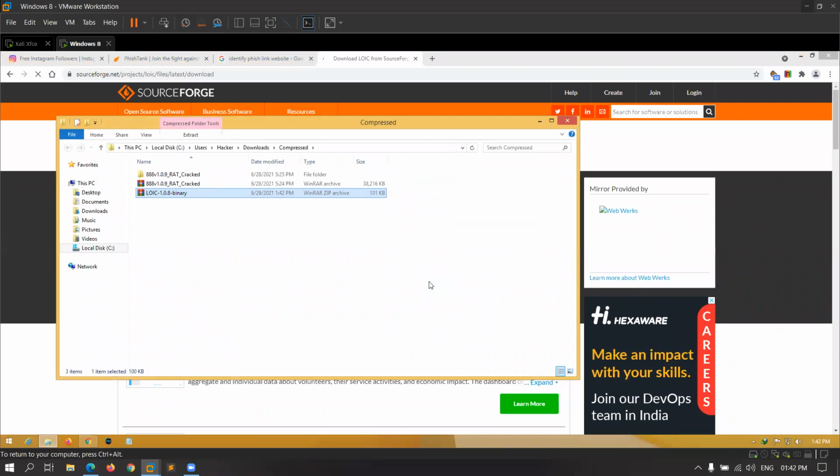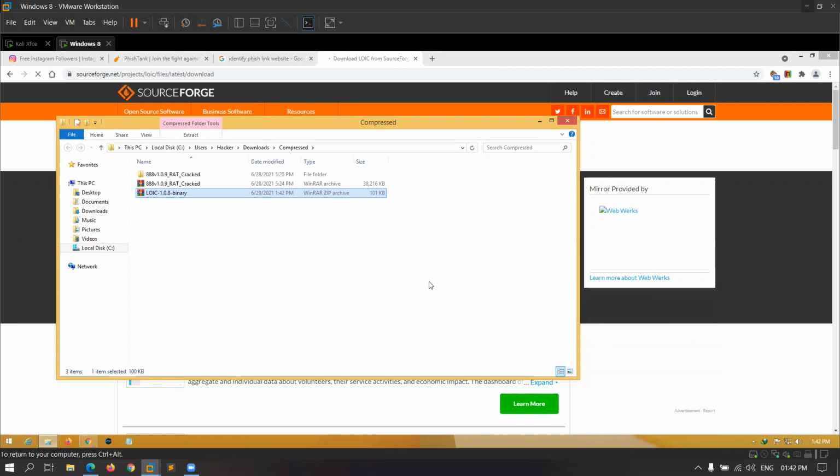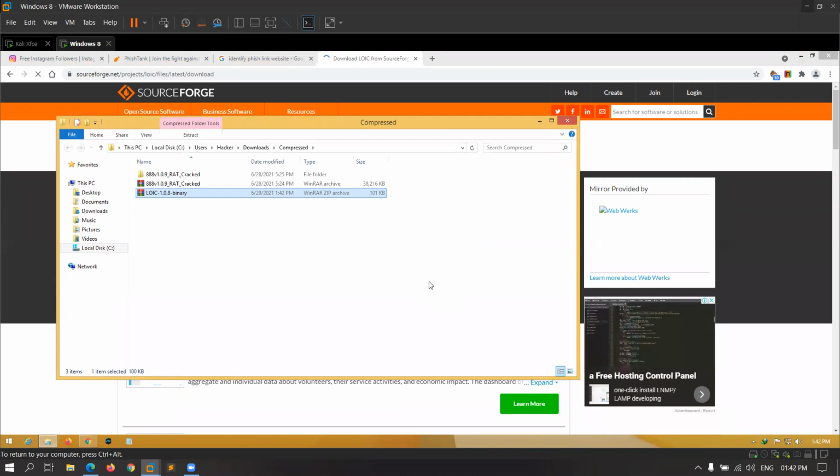Suppose a website has a limit of 5 lakh users in a second, in a minute, in an hour. Then you have to cross the 5 lakh limit. Then you can perform a DOS attack. And it will take time to cross the limit of 5 lakh, or it will take time to send fake traffic equal to or more than 5 lakh. Then your site will be slow or down.